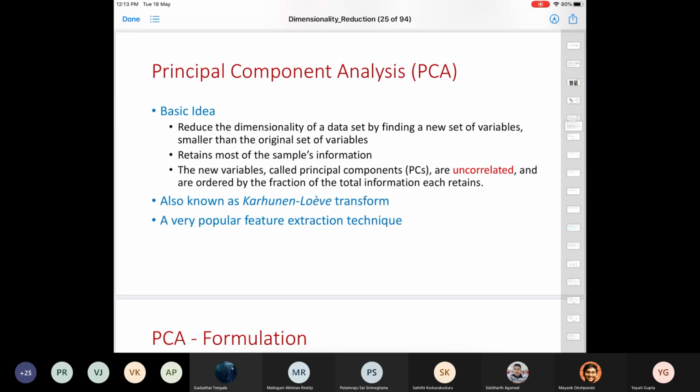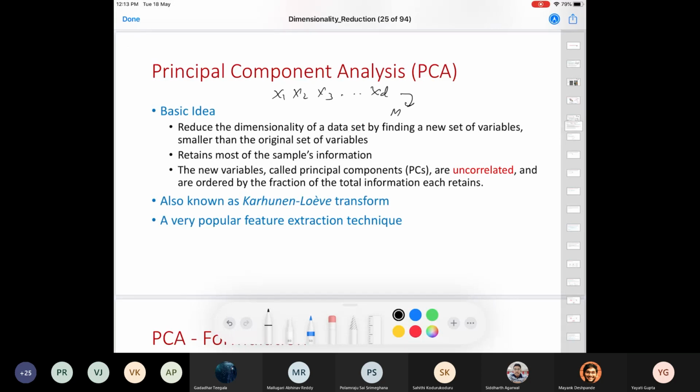So basically we have these d features, x1, x2 till xd, and we are trying to get to some new features, let me call them m1, m2 till mk, where k is less than d. Not very much less than, but some value less than d. So basically we are trying to find a set of new variables while trying to reduce the dependencies in your data set and maximizing the variance. So this is the most important point.